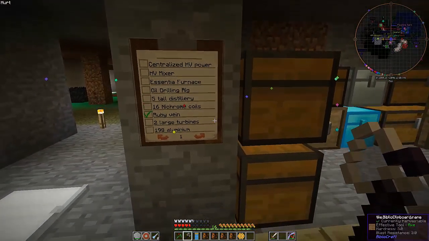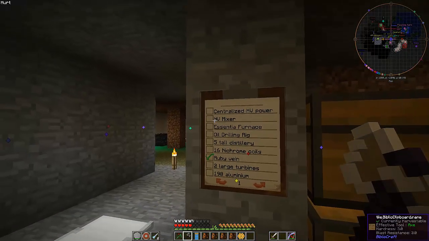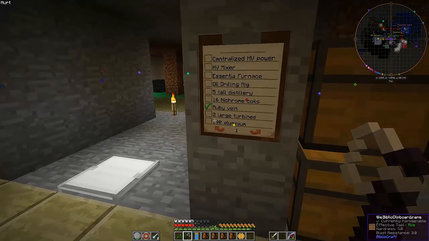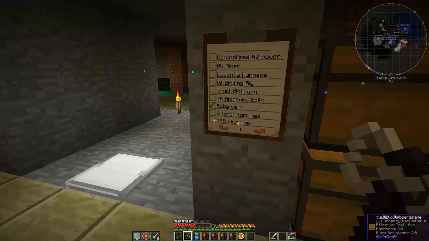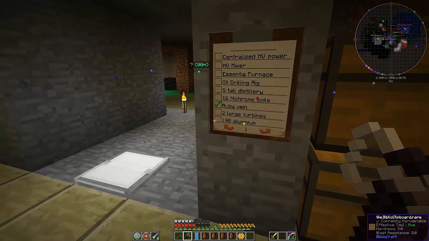There you can see I've updated my list of things that I'm trying to work on. The HV mixer is going to be one of the next HV machines I make once I finish this distillery. My 2 large turbines, which right now I need 198 more aluminum, which probably will mean looking for a sapphire vein. I believe that's in the Twilight Forest in order to crunch up a bunch of sapphire and get my